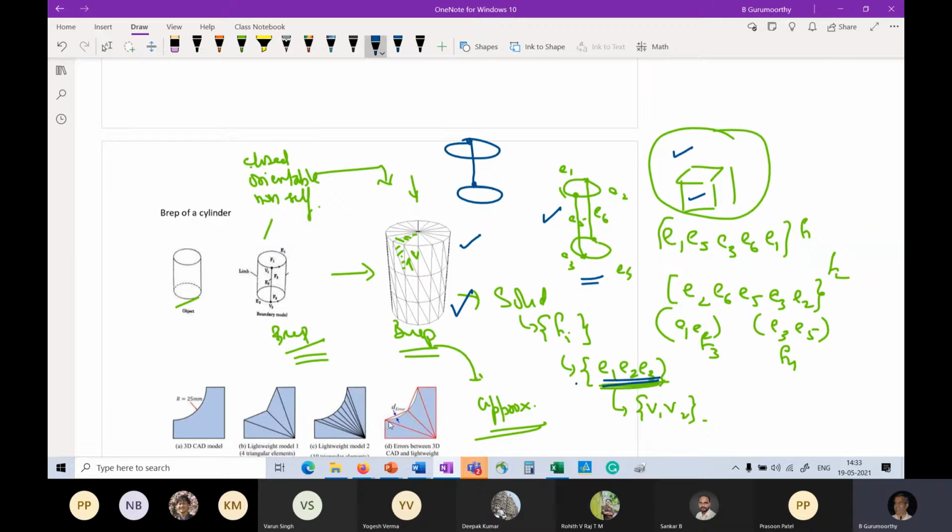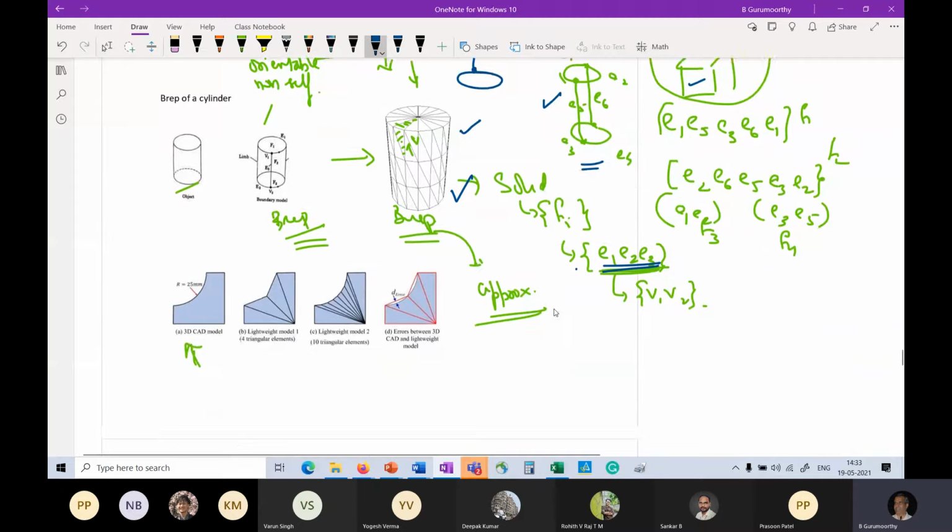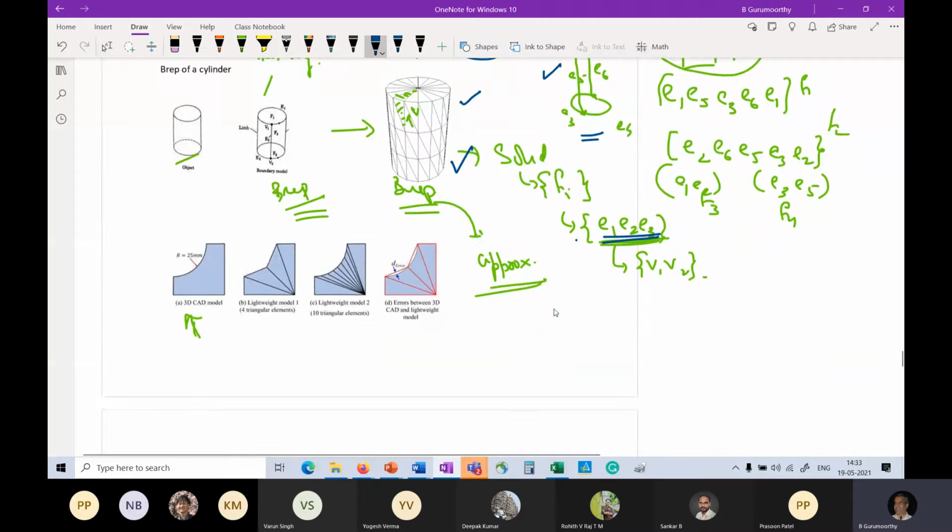So the actual CAD model is the light blue line that is going below. The facets that we have got in terms of edges of the faces are these red lines, and there is a deviation between the two. And clearly, the less tessellation I do, the more the error will be. The more tessellation I do, the less the error will be. The reason why this is of interest to us, like I mentioned in the last class, is that today we have enormous capabilities to generate these kinds of mesh representations.